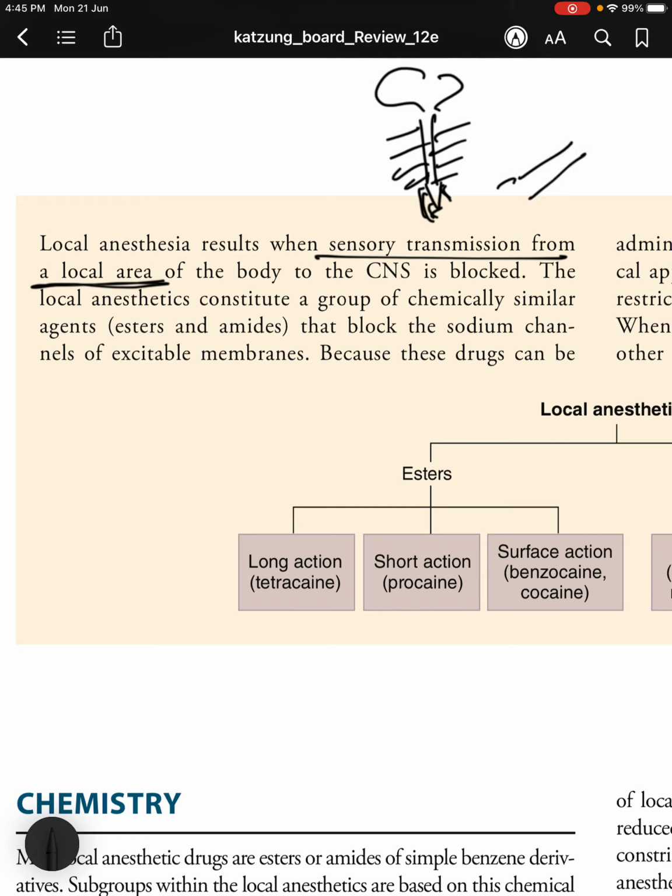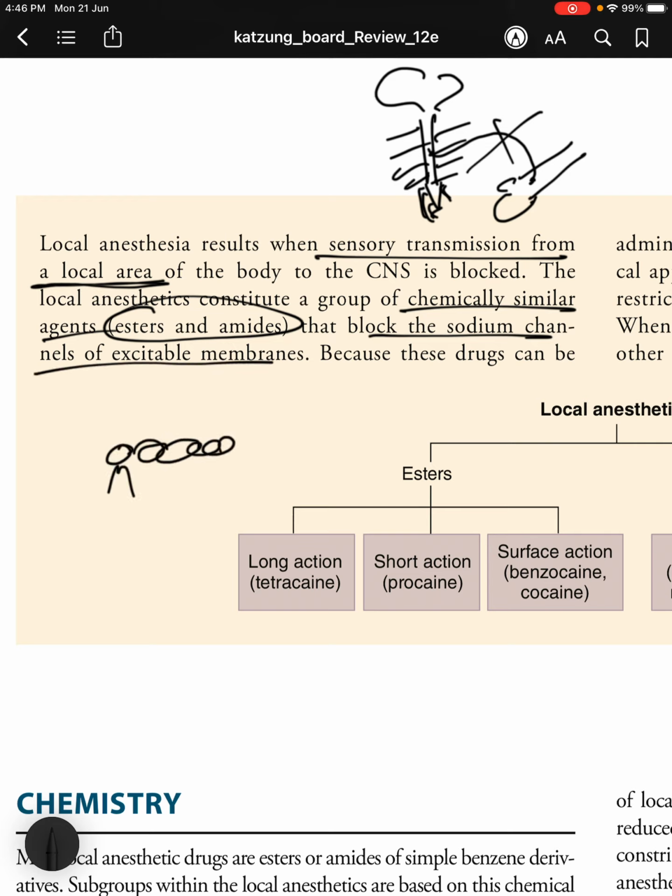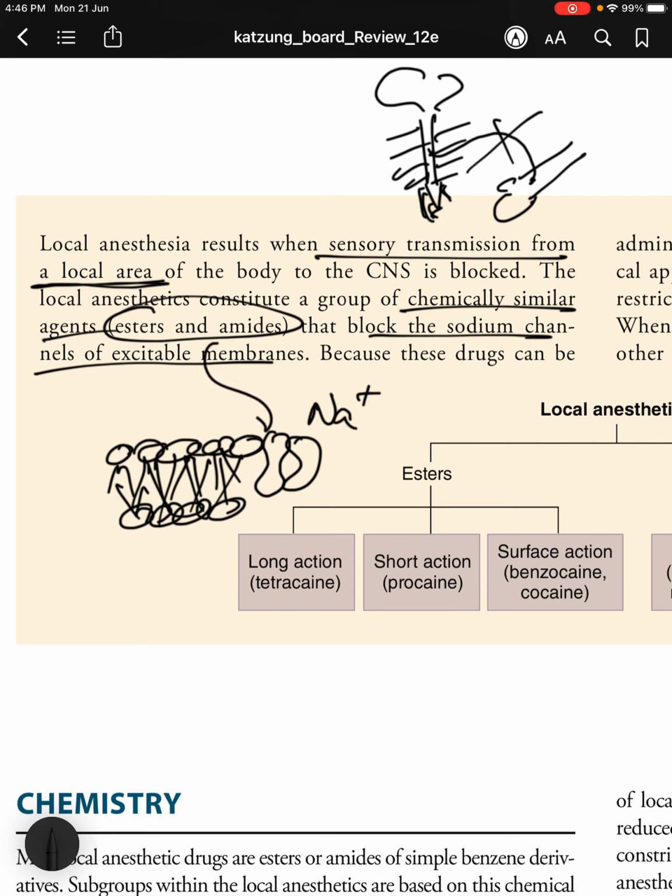So when the sensory transmission from a local area of the body to the CNS is blocked, then local anesthesia results. The local anesthetics constitute a group of chemically similar agents, esters and amides, that block the sodium channels of excitable membranes. So it's a phospholipid bilayer, right? They have certain sodium channels, and these esters and amides block these sodium